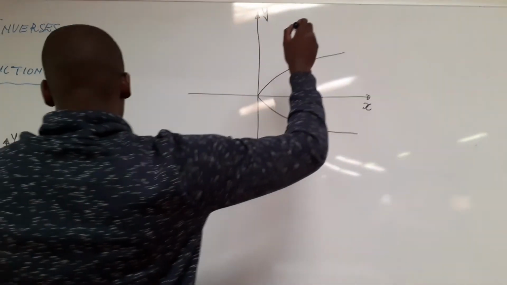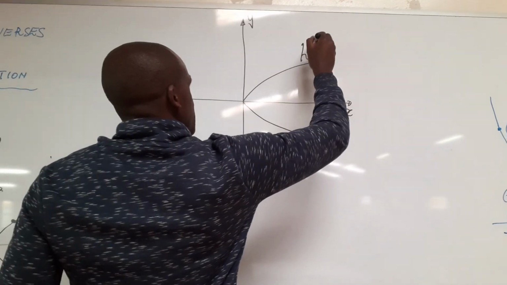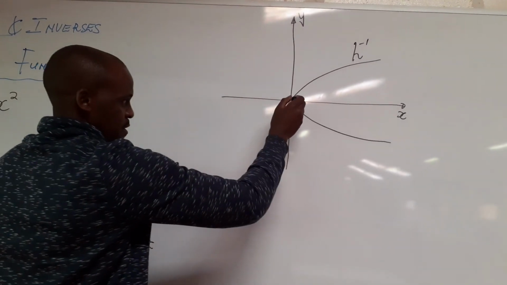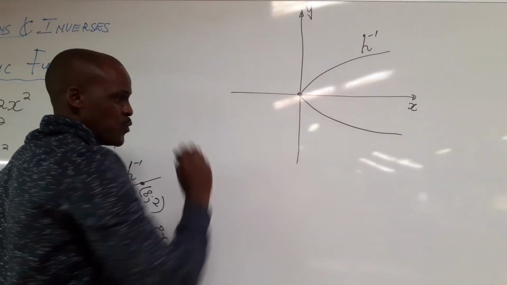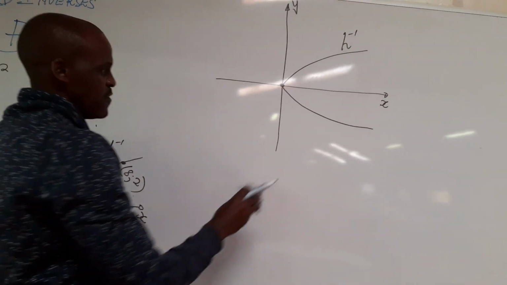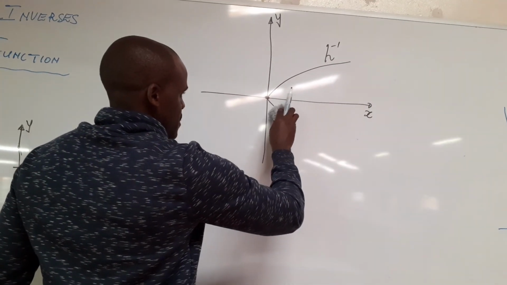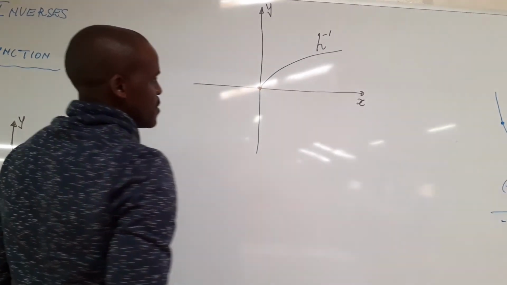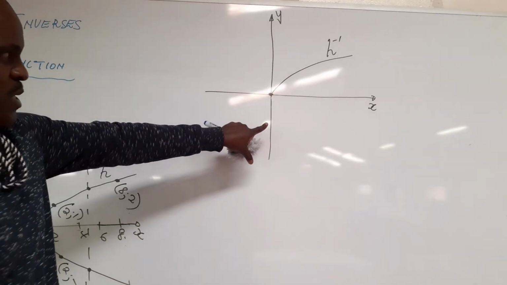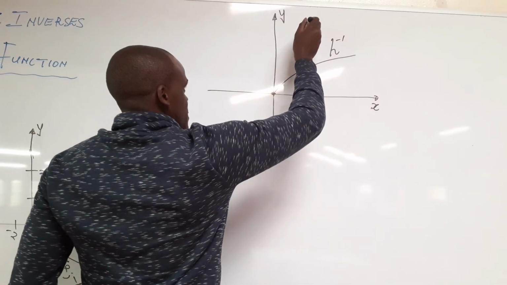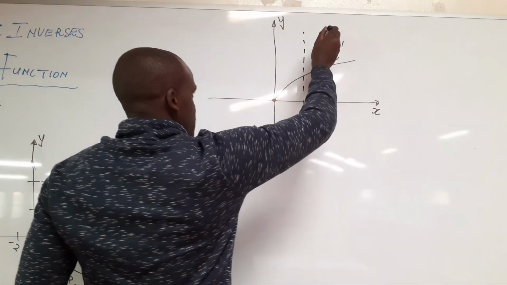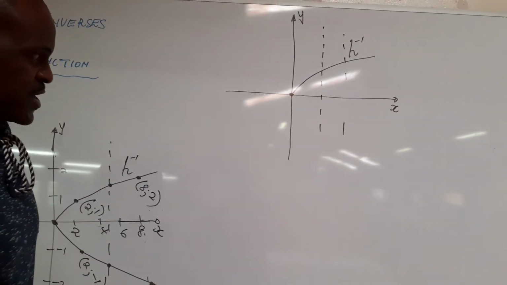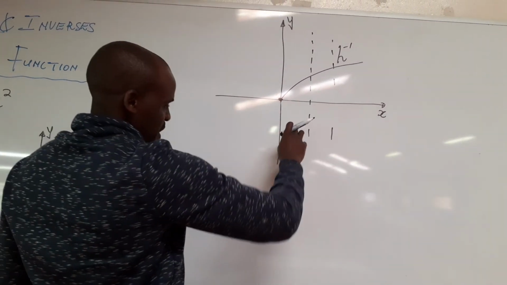For this inverse to be a function, you need to remove this part. After removing this part, you see now, the vertical line test cuts the graph once. See, it cuts it once. It's either you remove this part or